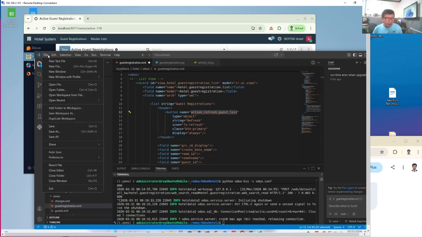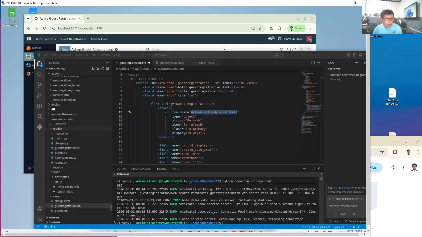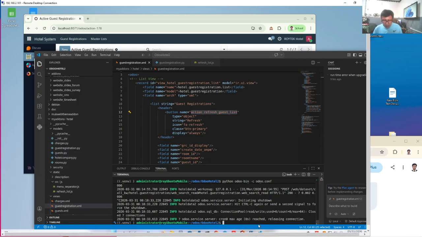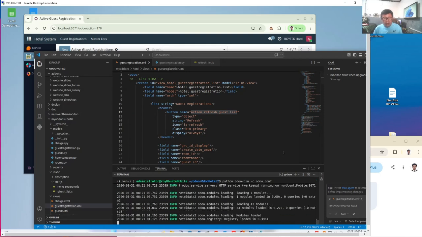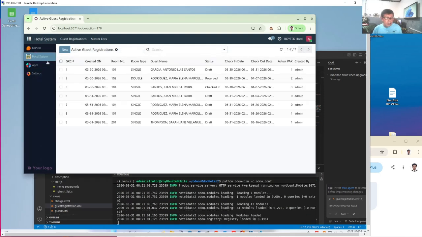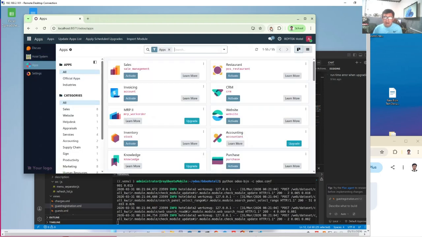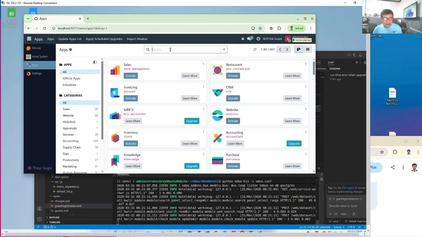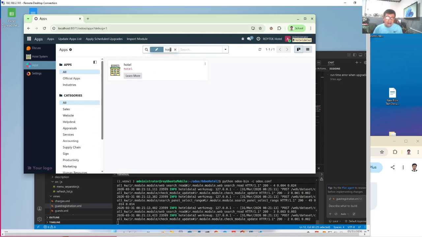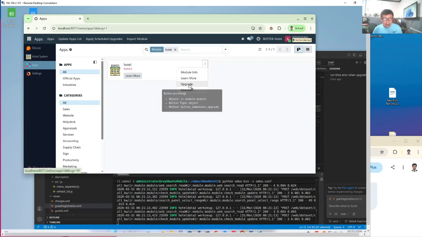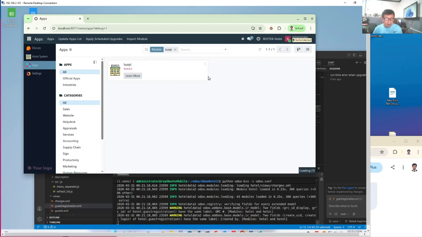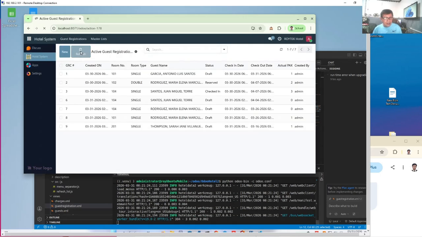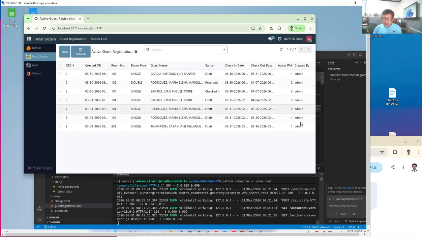Now let's save everything to make sure, and let's upgrade. Likewise we'll go to apps, and activate the developer mode. We don't have to update the apps list because it has been read many times. Then we'll just upgrade. I hope there's no error. Having none, let's test our registration. Now we have the refresh button, and now we also have the created by.